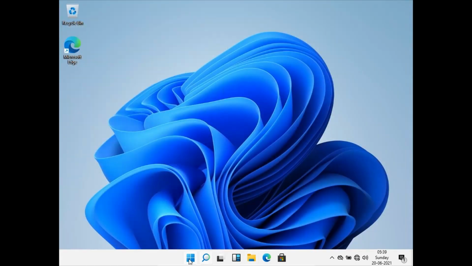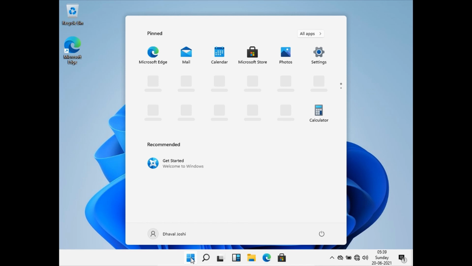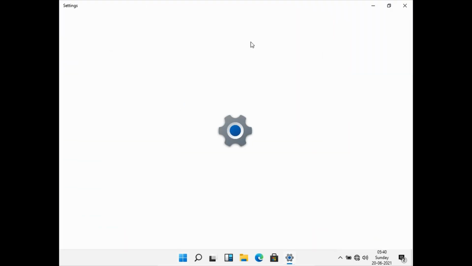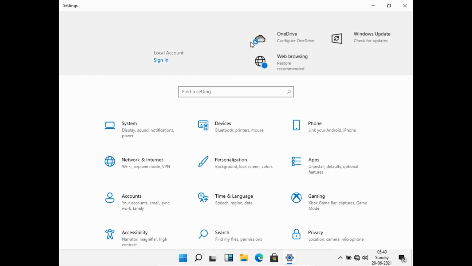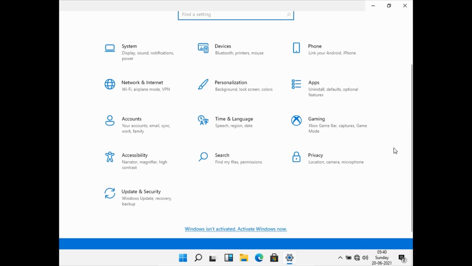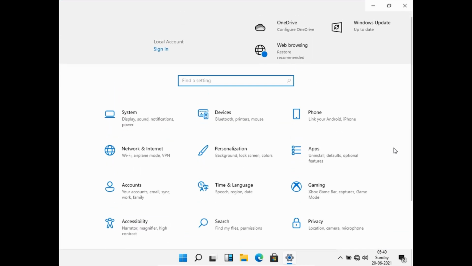Let's go to settings. Some performance issue is there. If you have an SSD, then this lagginess is not felt. Control Panel is the same.